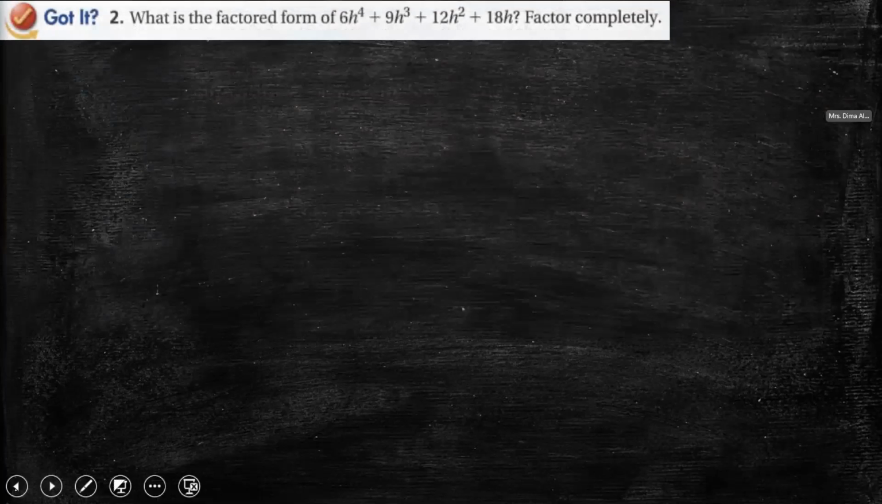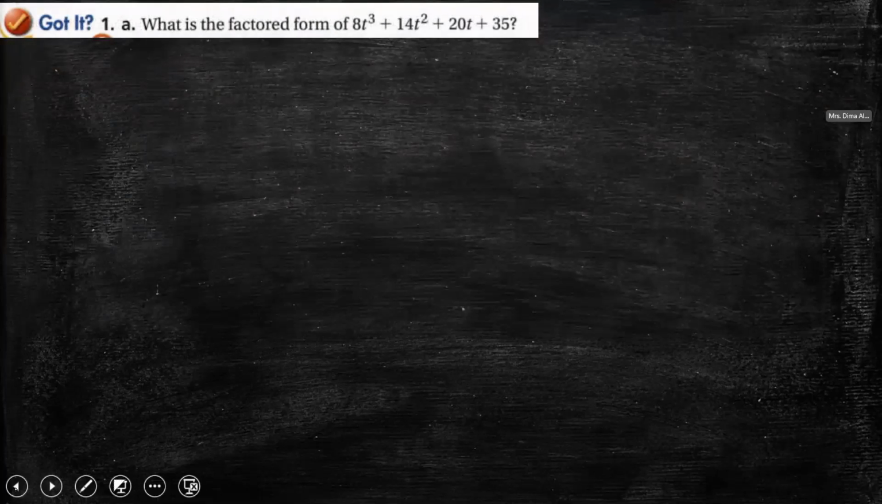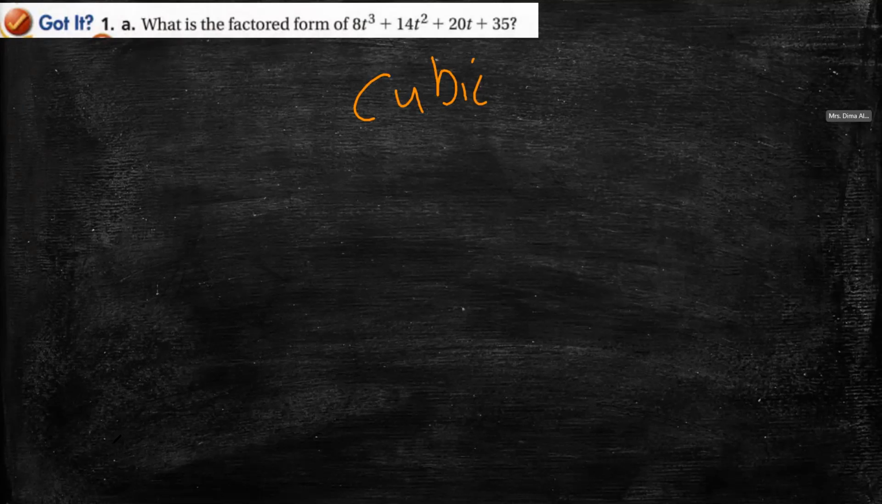Or another thing also, if you find that the power here is cubic, the highest degree here is 3, you start with grouping. If it is 4th degree, you will start by finding the GCF first, then factor. So if it is cubic, or 3rd degree, like this one, 8t cubic, you will start with grouping